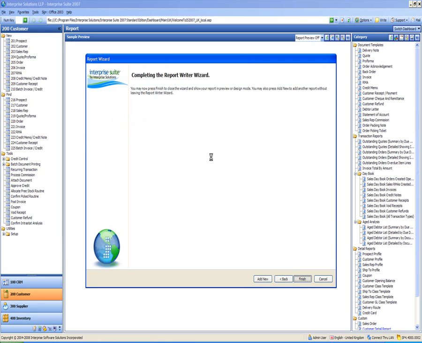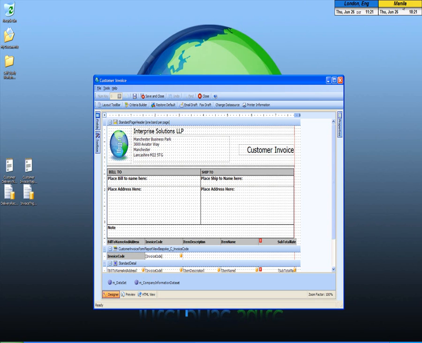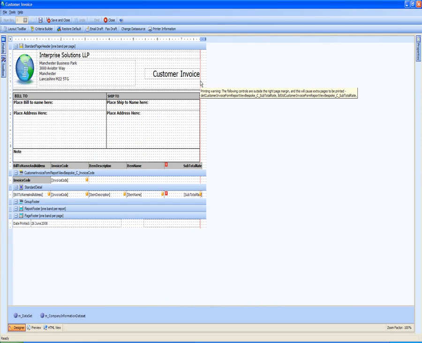So when I click finish, it should then open my report up. So now my report's saved and it's opened up on the screen. I'm just going to open it all the way up so that I can have a look at it and